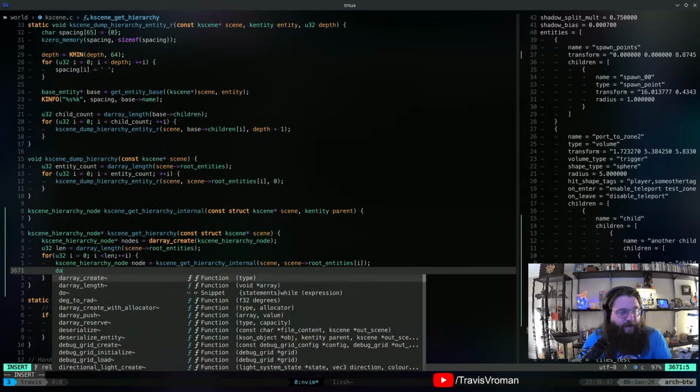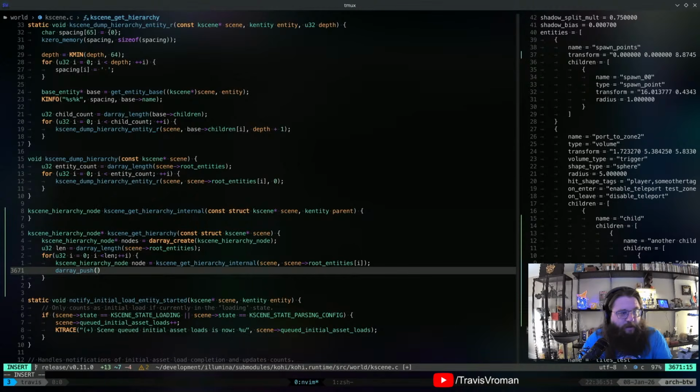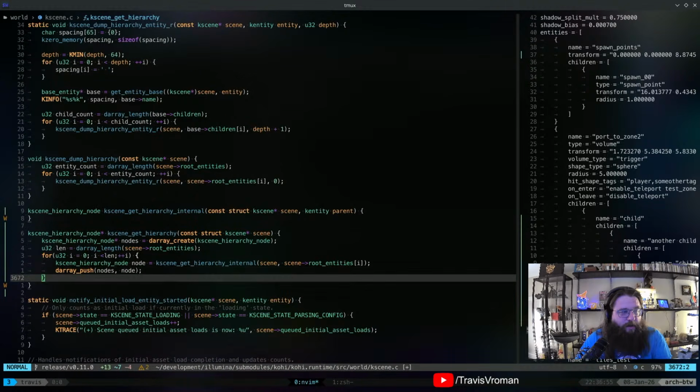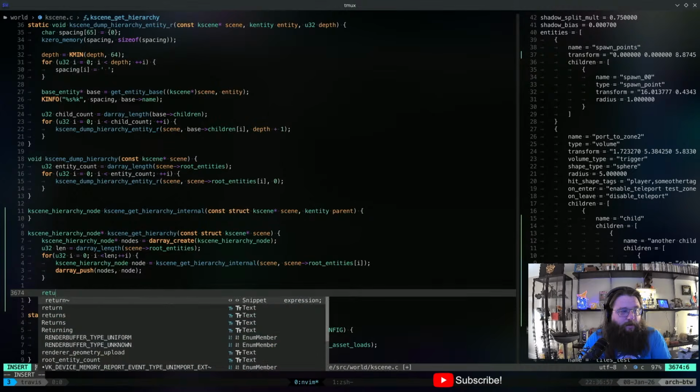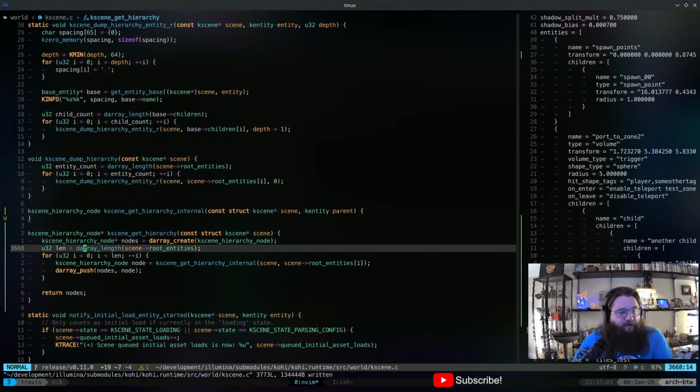And then we'll do D-array push into nodes, node. And then finally return nodes. Okay. So that's going to be how that's going to work.